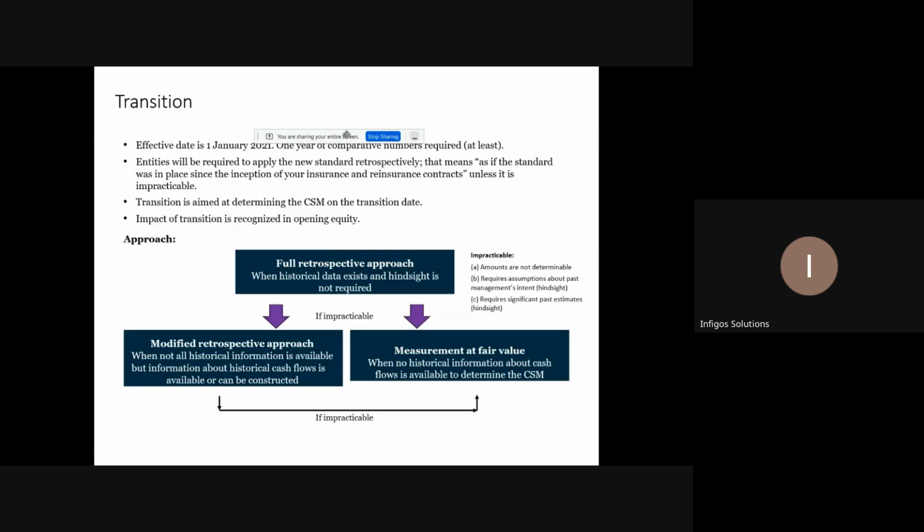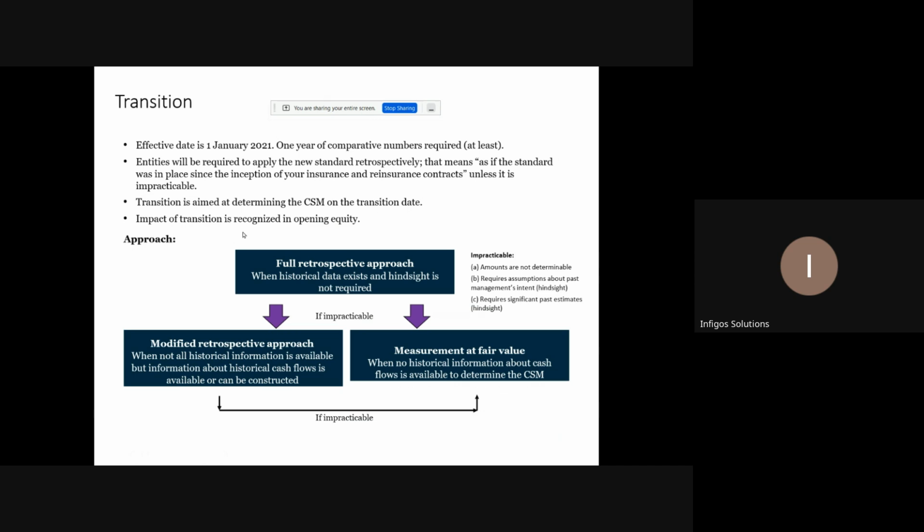So let's talk about transition. Transition is all about when you're moving towards IFRS 17 from IFRS 4. In India, at the moment, IFRS 17 implementation is in place. Companies like Deloitte, EY, PwC, McKinsey, they are implementing IFRS 17. You can assume how much investment insurance companies are making, that consulting companies are getting involved.